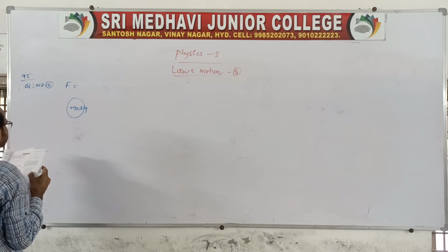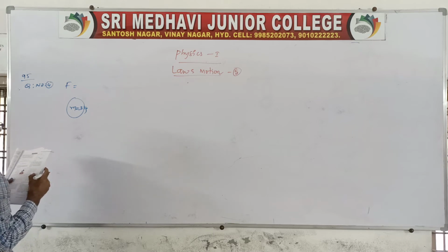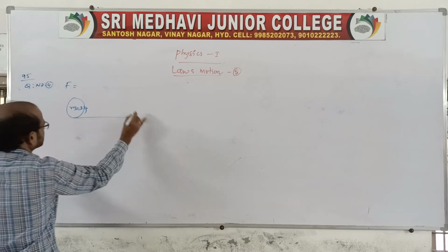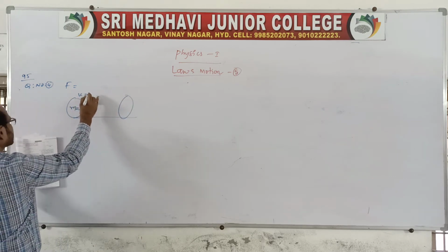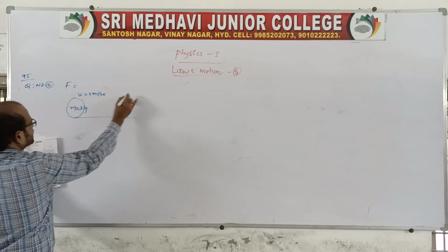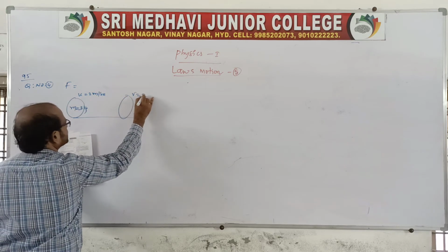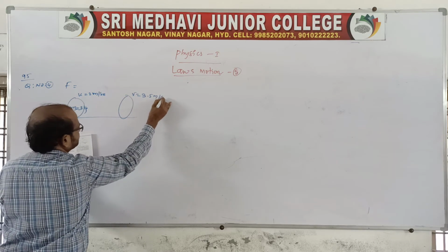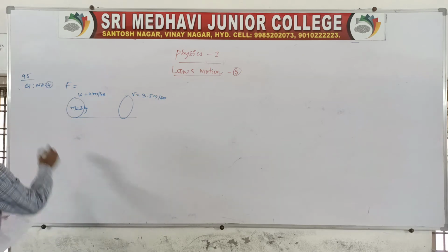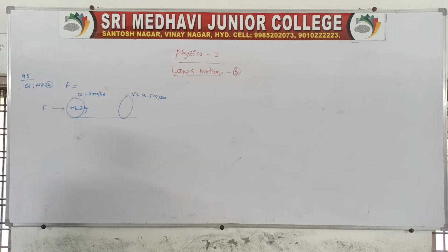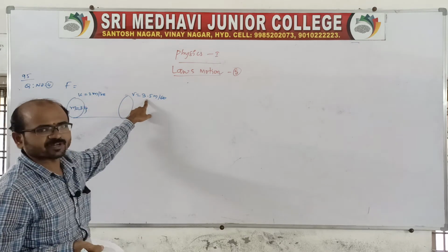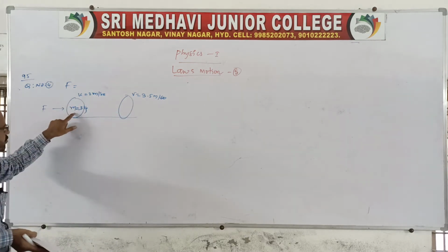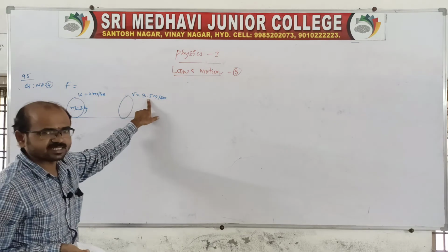Changes its speed from 2 meter per second to 3.5 meter per second. That is, the change in speed is given. Initially the speed of the body is 2 meter per second, then the final speed is 3.5 meter per second, which changes like this when a constant force is applied. So the velocity changes from 2 meter per second to 3.5 meter per second on a body of mass 3 kg.